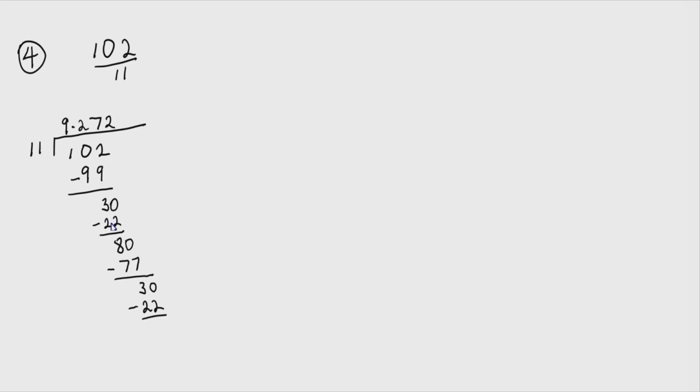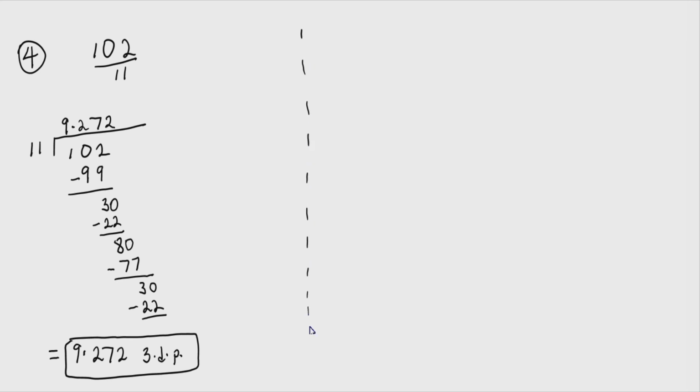Let's go back to here. We're going to just walk our way through here back to here. So we're going to leave our answer right there. So 9.272. And that's 3 decimal places. Or you can just multiply. You can just divide it directly,